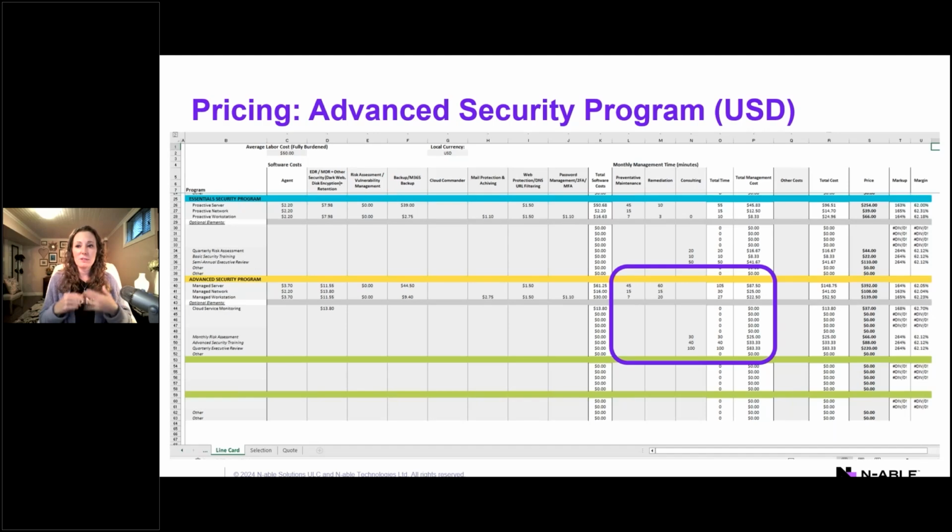This is the fixed fee or the fully managed, those older terminologies that we used to use, meaning that we want to make sure that we are including all of that: help desk, end user, chat, email, vendor management, any small tasks that might be recommended by the Enable MDR service. All of that time we